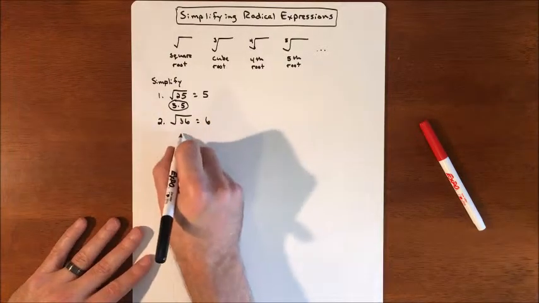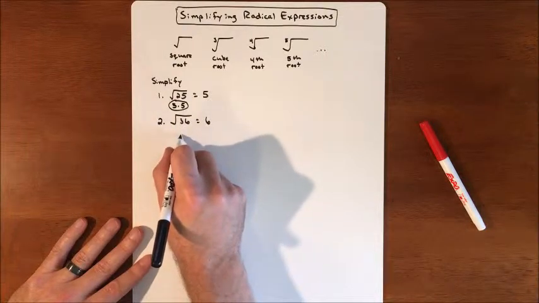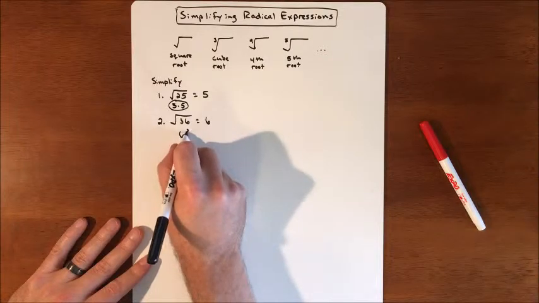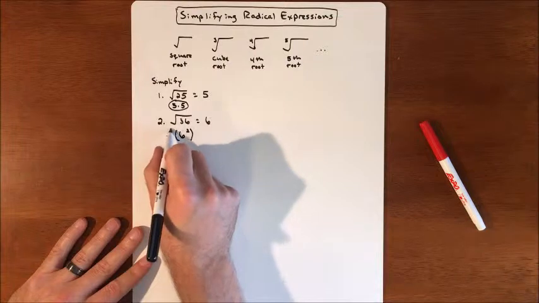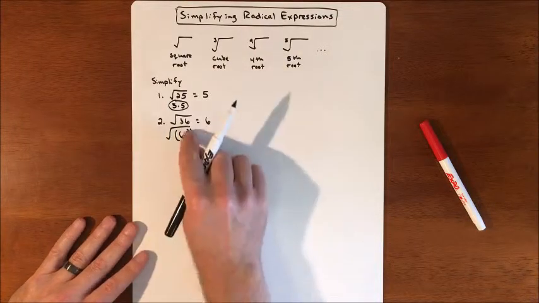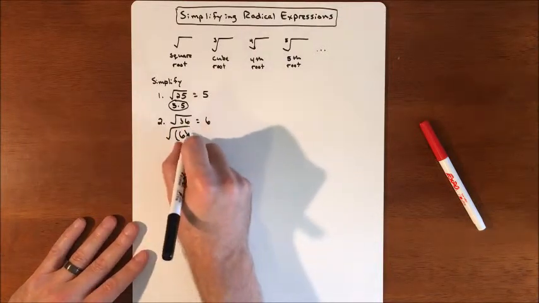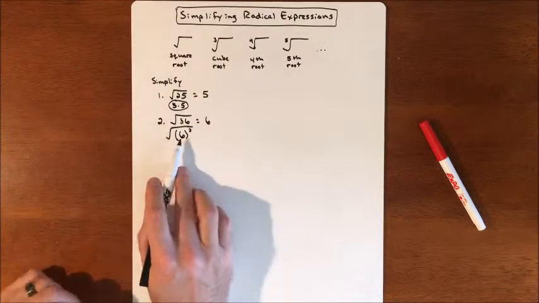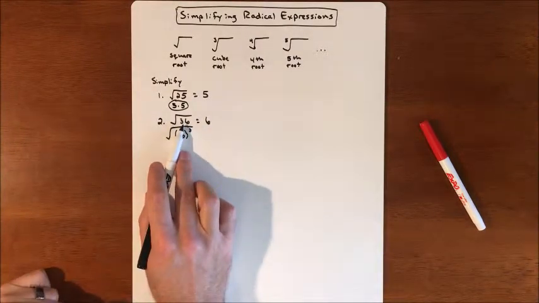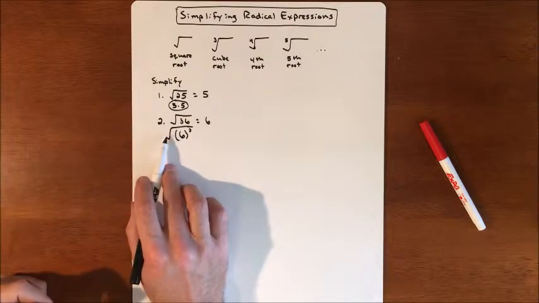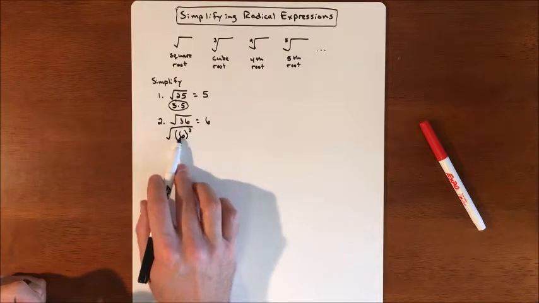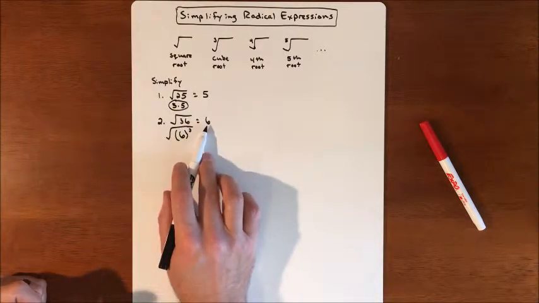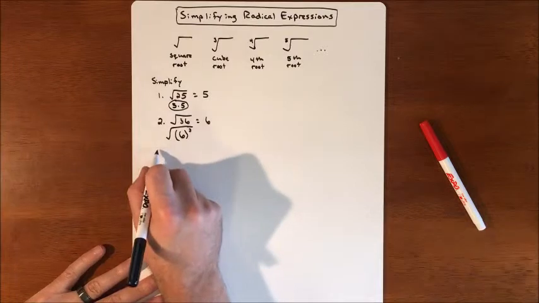Well, another kind of mathematical way to do this is, if we take that 36 and we break it into the 6 times 6, 6 times 6 is also 6 squared. So if we rewrite that and look at it this way, 6 squared is the same thing as 36. And it's the exact same two numbers. And the square roots and squares are exactly the opposite, so they undo each other, leaving you with whatever's left on the inside. So, for example, if you have